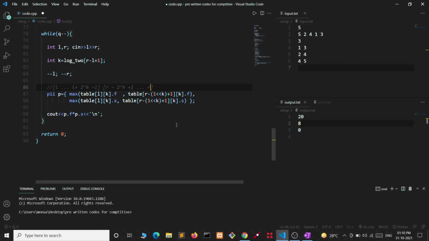So this is what we are doing. Similar thing we are doing for the composite number. After that, we are printing p dot f into p dot s, pair dot first into pair dot second, and we are printing the result for each query.